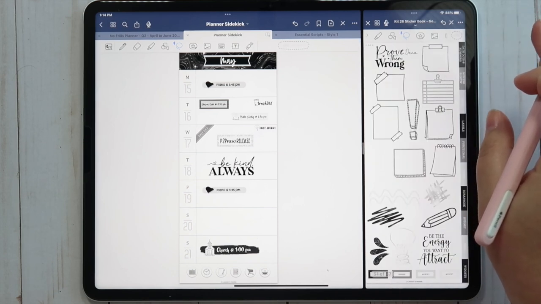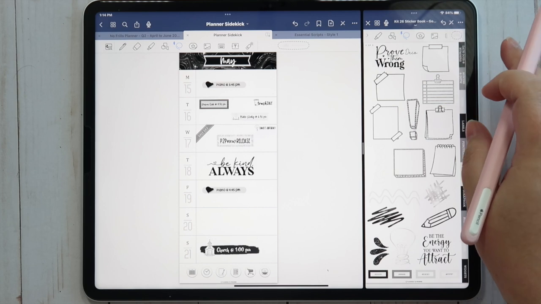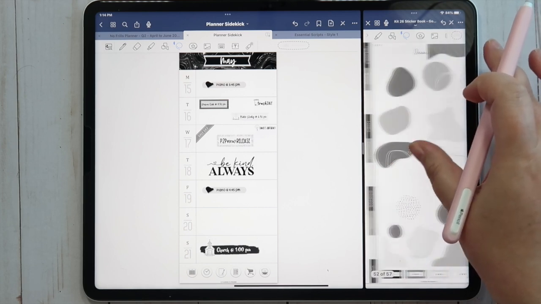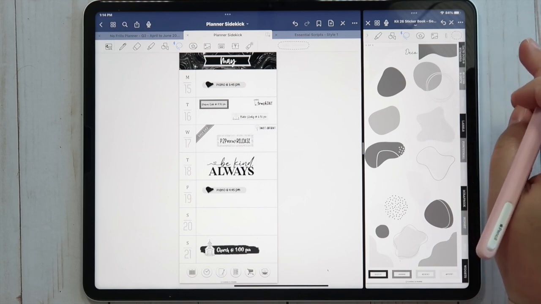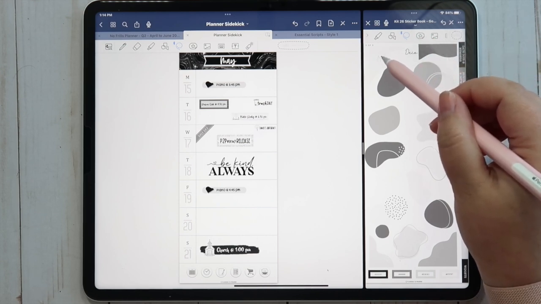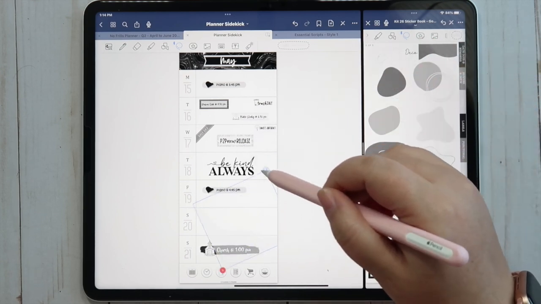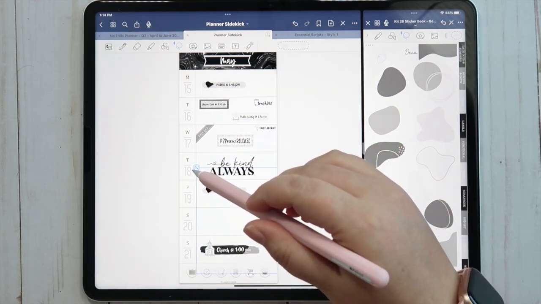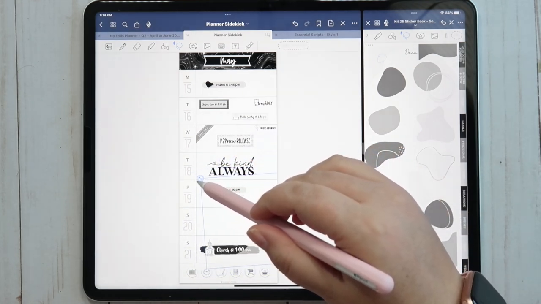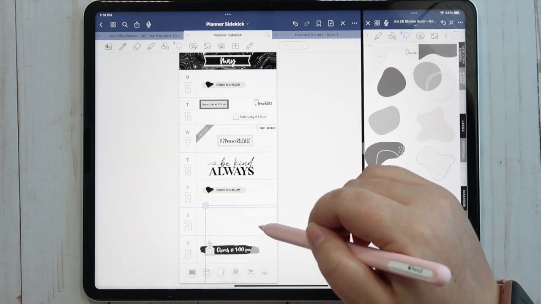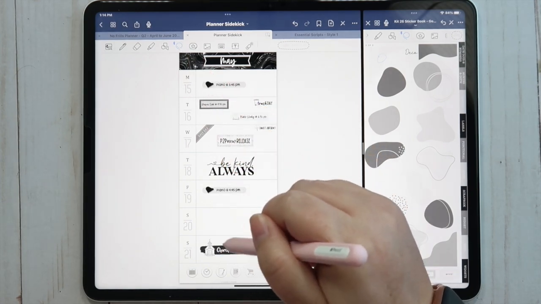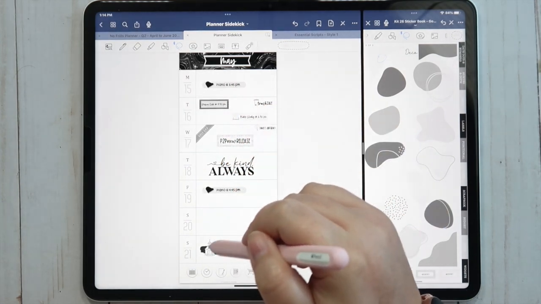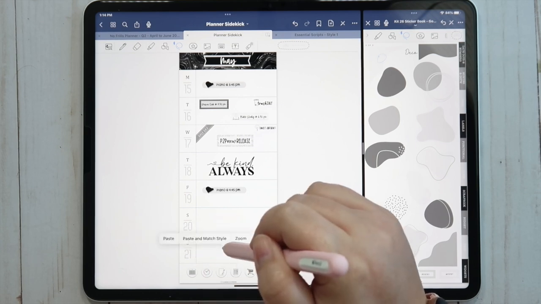And what else do we want to put? Do we want to do like, ooh, maybe pull like some of this over just to have just a little random splash of color, and then I can cut this and paste.